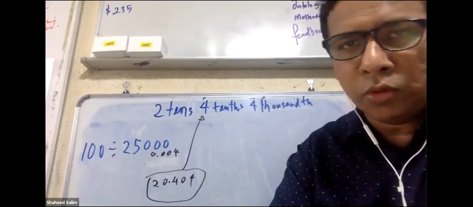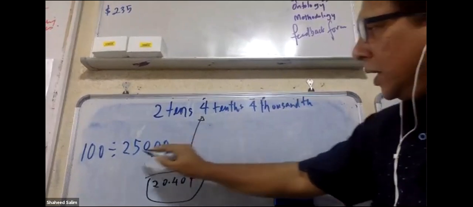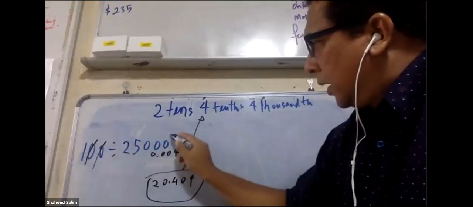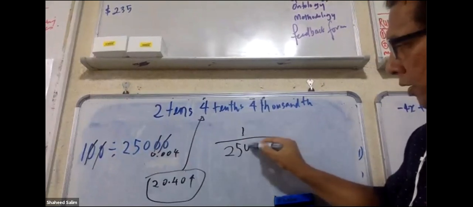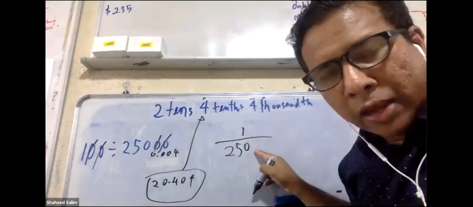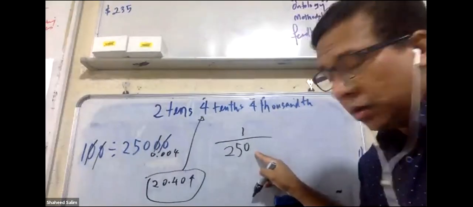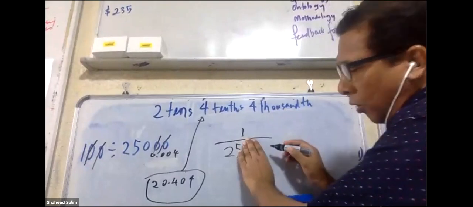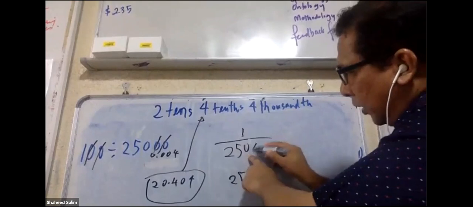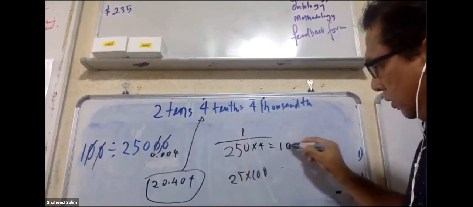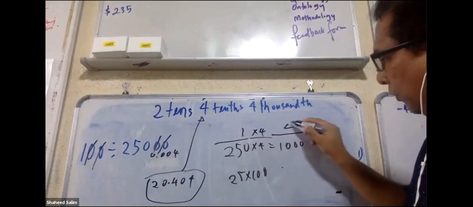Okay, we do together. Watch. Now, first thing you do is you cancel. There are 2 zeros here. You can cancel. So now you get 1 over 250. You must change the bottom to 10, 100, 1,000, 10,000. What number can it be? 1,000, correct? How do you know 1,000? 25 times 4. If 25 times 4, you get 100. But this 250, you can times 4, you get 1,000. So you must times 4 to the top also. You get 4 over 1,000.